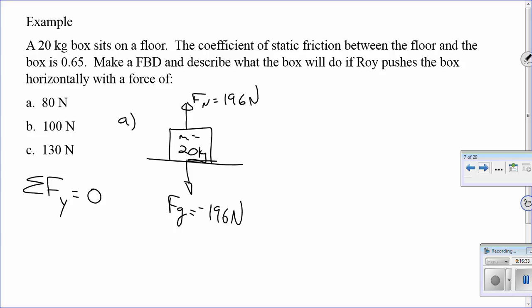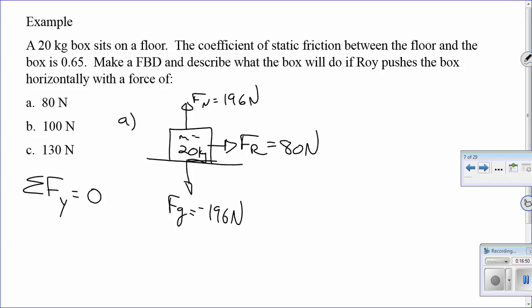Let's see, any given forces. We know that Roy is pushing with 80 newtons. So here's our force for Roy, 80 newtons. Pretty good up to there. All right. So now to decide if this thing is going to move or not, we've got to start by